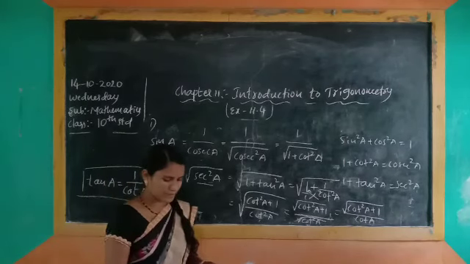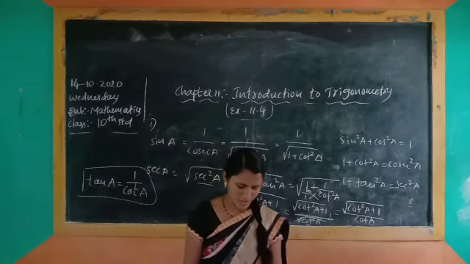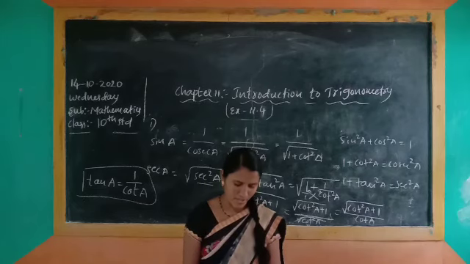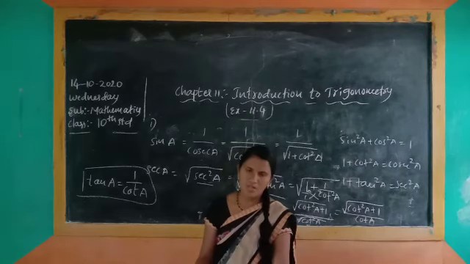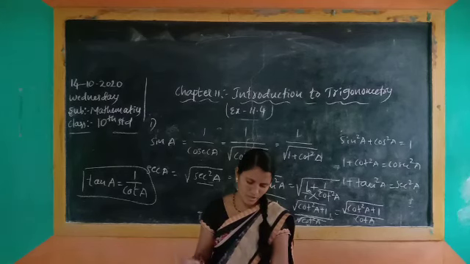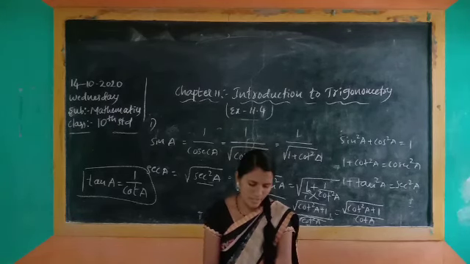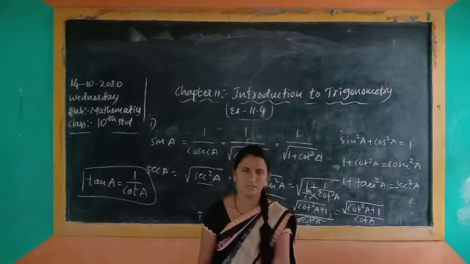Like that only. In the second one, also write all the other trigonometric ratios of angle A in terms of secant A. That means you have to solve sin in terms of secant, cos also, cosecant, tan, and cot in terms of secant. You have to convert. Take the second one also as homework. Okay, thank you.